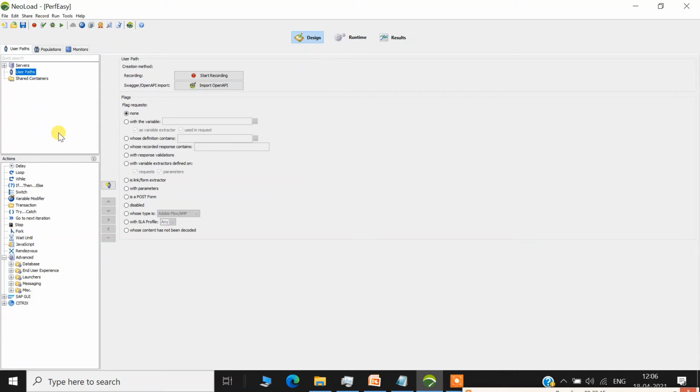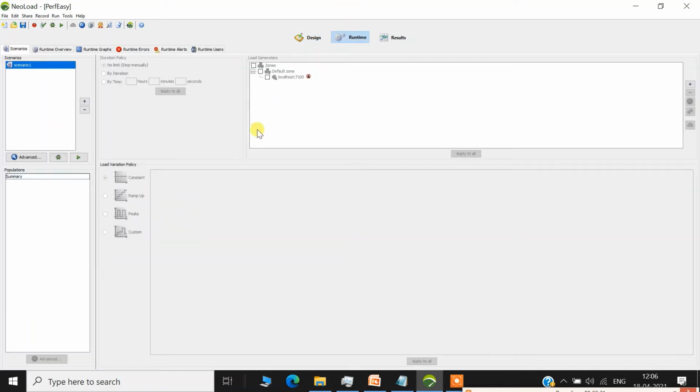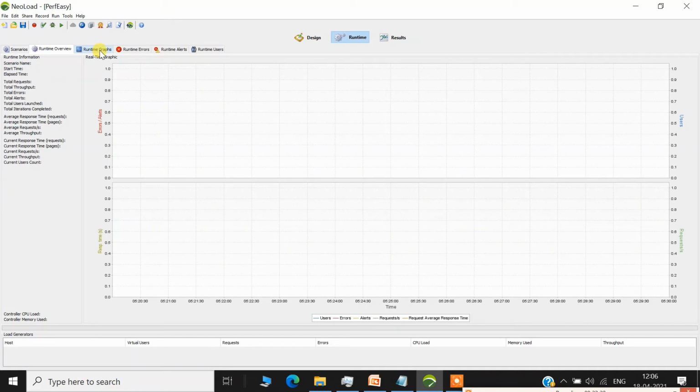Everything happens in this Design tab. Then when we run the load test scenario, we design the scenario here, and can also see statistics during the runtime, like errors and response time. These are updated almost instantaneously.